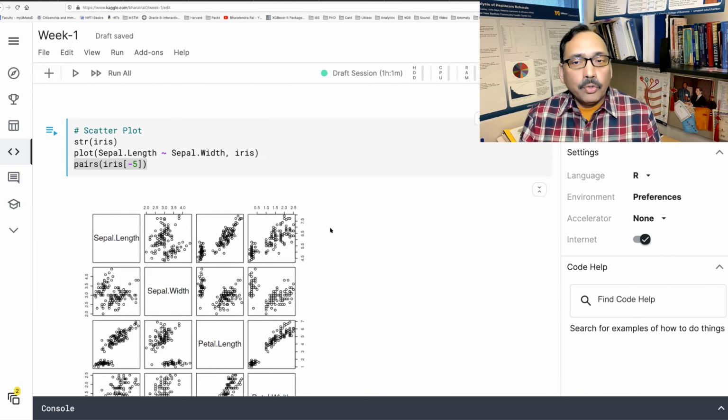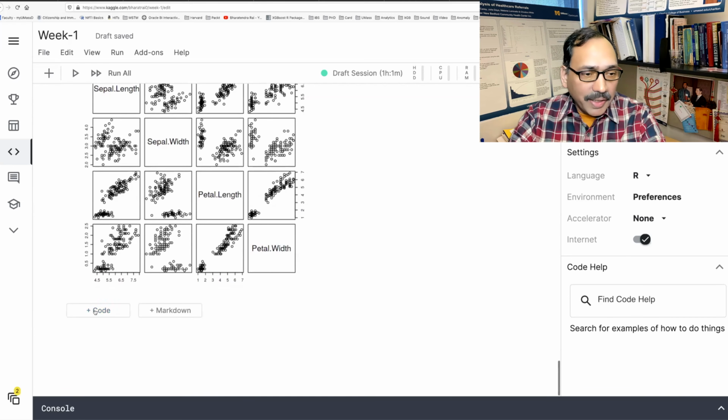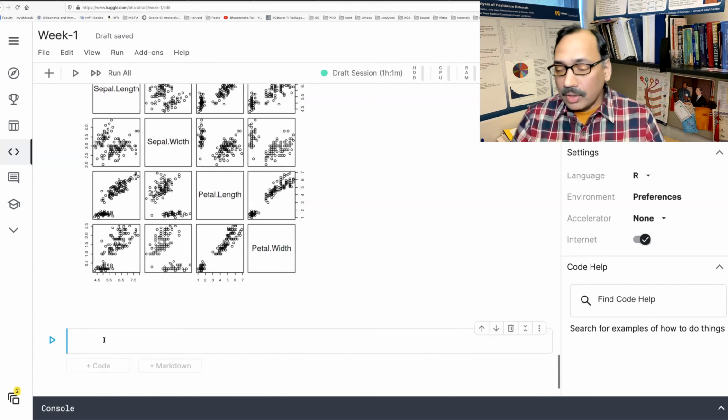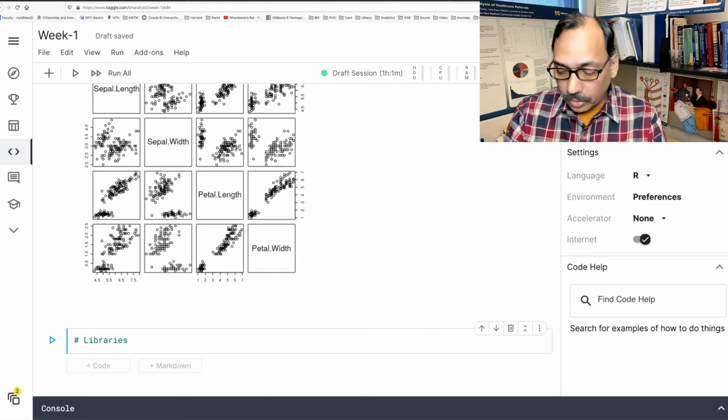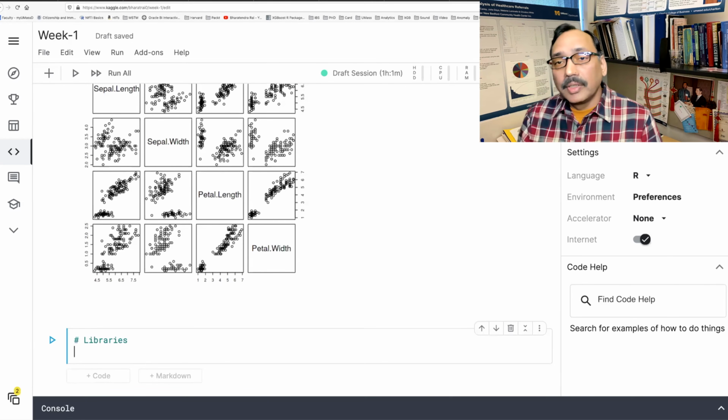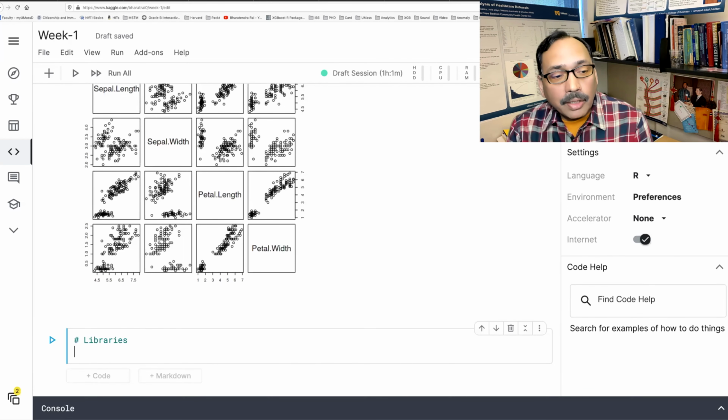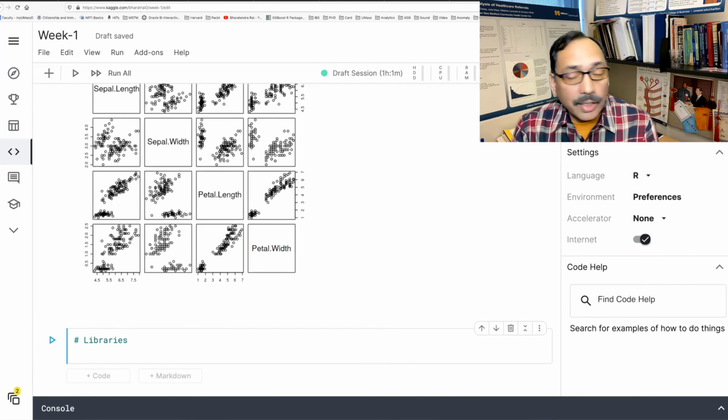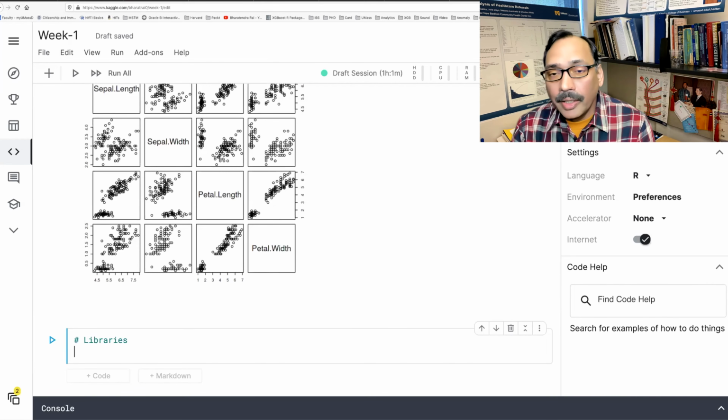So far we are only using base R. We are not using any library. So I'm going to introduce you to a library next. If you start your next block, we have a lot of libraries. In fact, one of the reasons a lot of people come to R is because it has more than 10,000 free packages and libraries. Many of them are developed by some of the leading experts in the field, and also by big companies like Google, Facebook, Twitter, and so on.